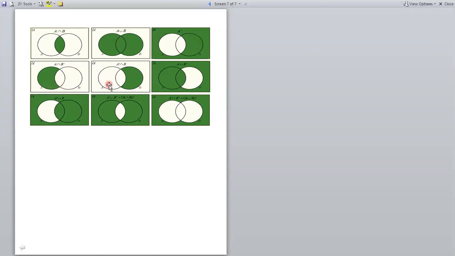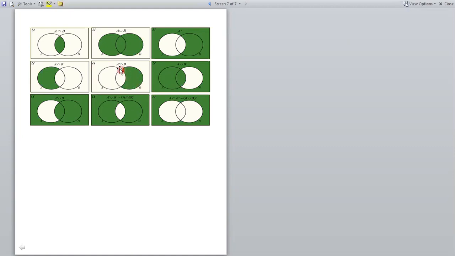Next, when you are applying A complement intersection B, this is A, and A complement means the outside of A. So the whole of these things is A complement. After that, we are applying the intersection with B, and B contains this part. When we apply the intersection, this is the common part for both A complement and B, because this total region also contains A, B, A complement and B complement.